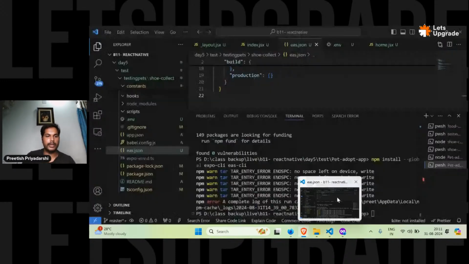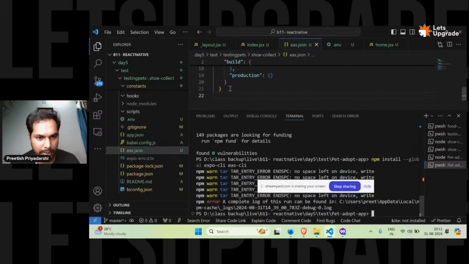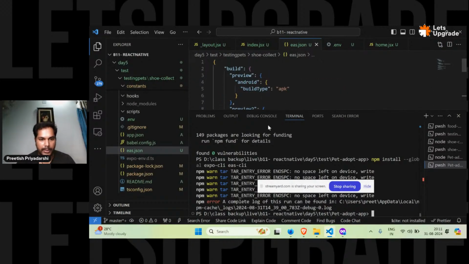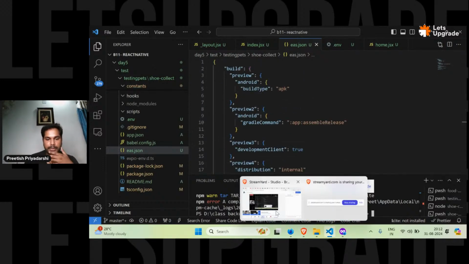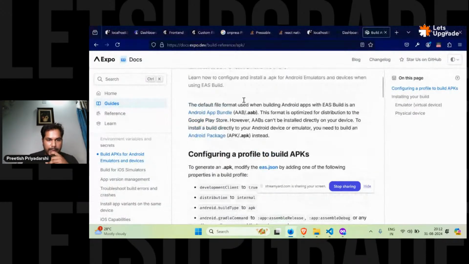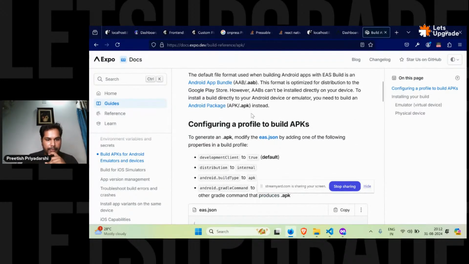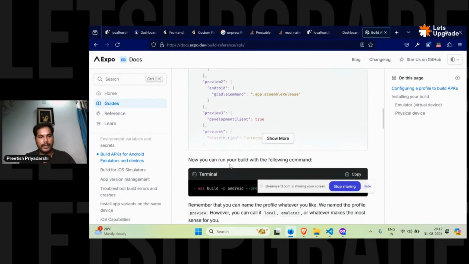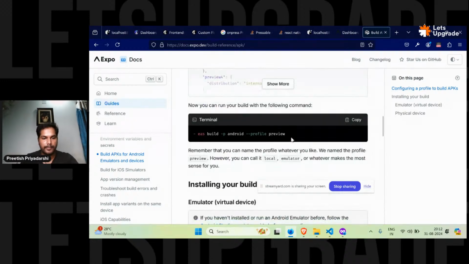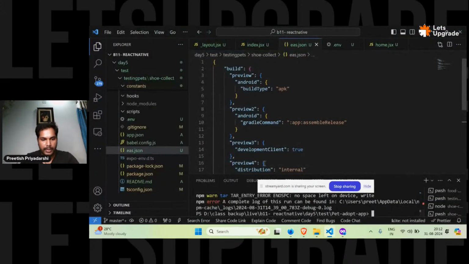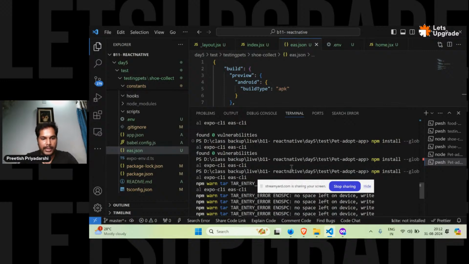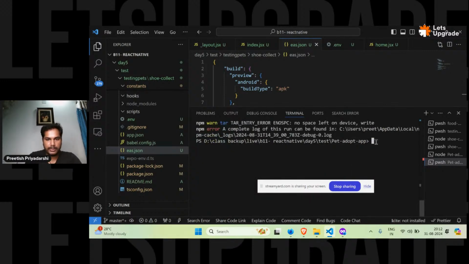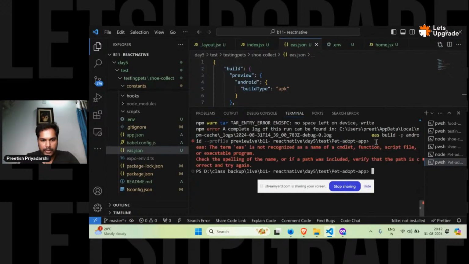So I have shared this screen. Sorry, what happened is this EAS file you need to create. I don't know from where you have missed the screen, but this is the file. This is the page from where you can get the eas.json code. Copy this code, then do the installation. A few errors you will get, there are no issues, just warnings. Then do the CLI and EAS installation. Once that installation is done, do the